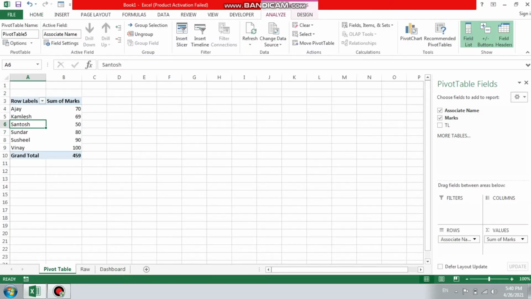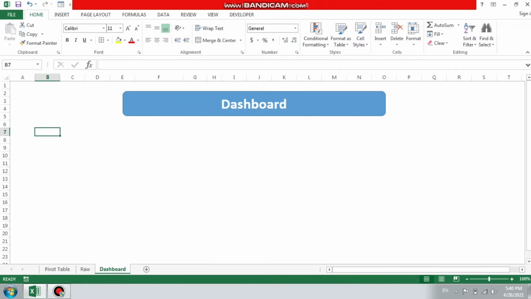So wherein we will be adding slicer into the database. So what are slicers, how can they be added, and what is the use of that? We will be looking at this. Slicer will help you design an interactive database, and definitely you will generate interactive reports as well with the help of slicer.